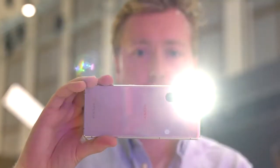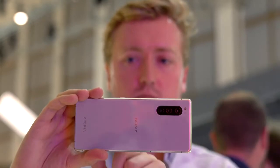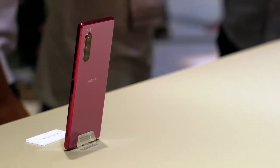The Xperia 5 is just about ready to go up for pre-order and is slated to go on sale starting October 4th for €799, putting it somewhere between the OnePlus 7 Pro and the Galaxy S10. It is a bit steep, but if you're a fan of the Xperia 1's form factor and want something that's a little bit easier